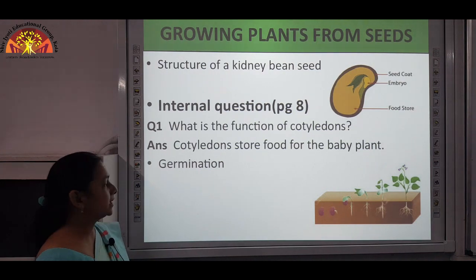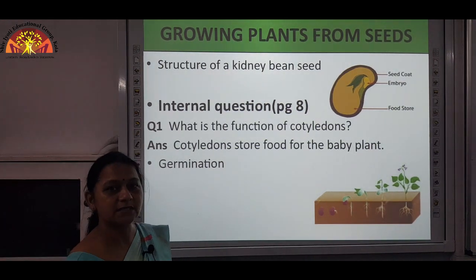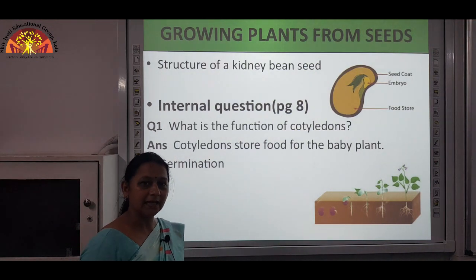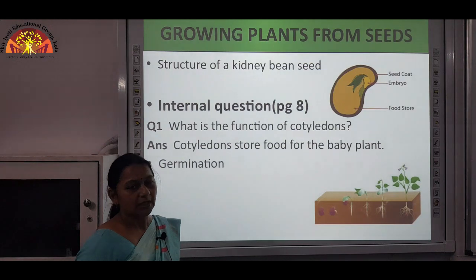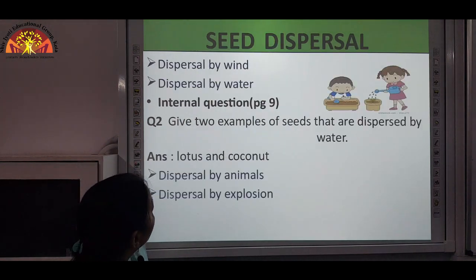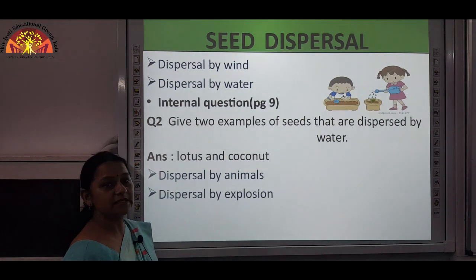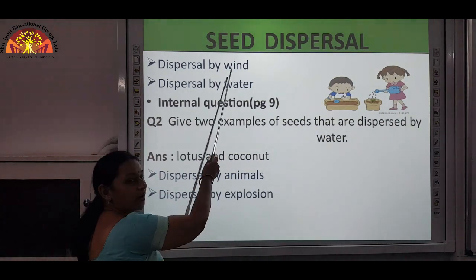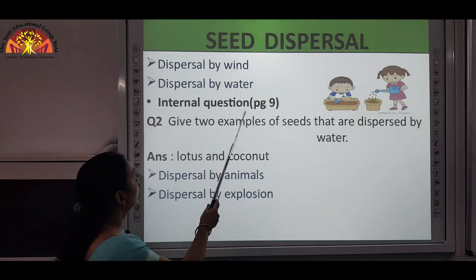Our next topic is germination. Germination shows how a seed grows up into a seedling and then into a big plant. Next topic is seed dispersal. The agents of seed dispersal are dispersal by wind, by water, and in this topic here we have